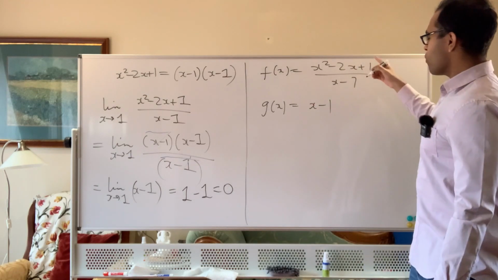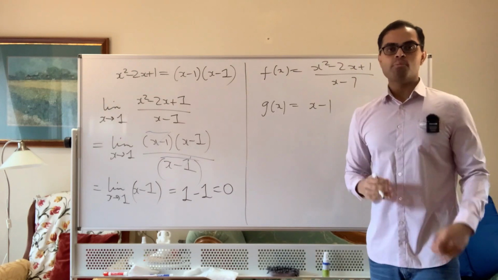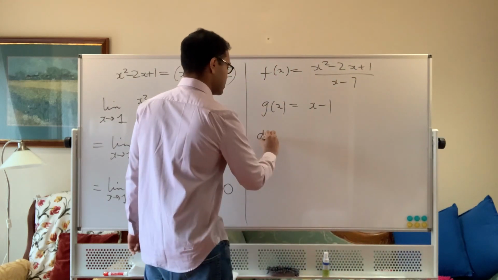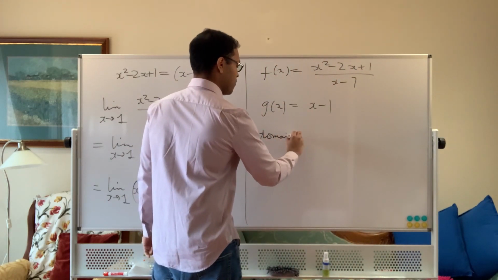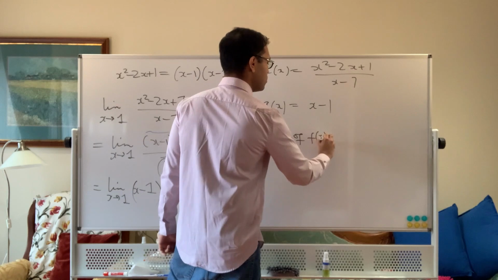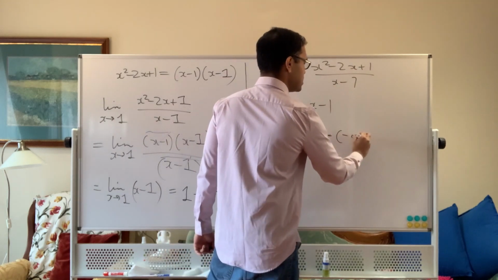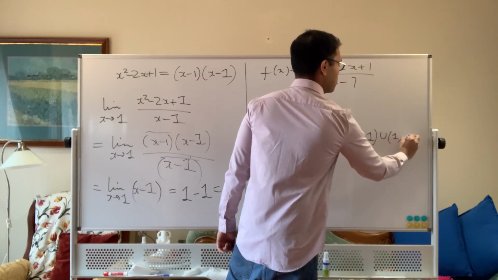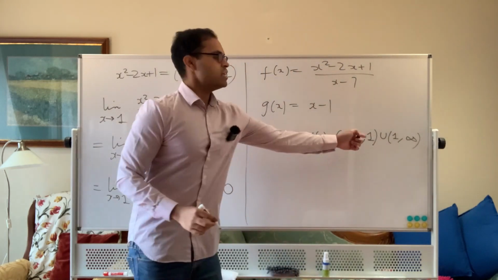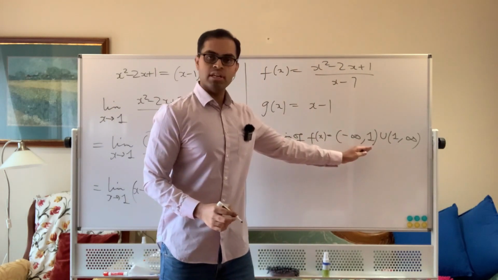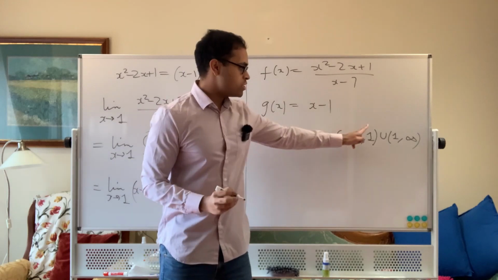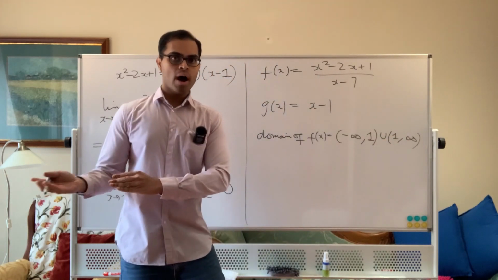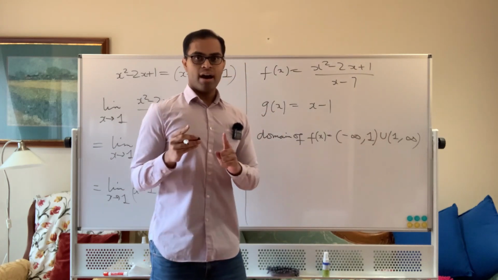But when x is 1, f of x is not defined, so 1 is not in the domain of f. So we would say here that the domain of f is, in interval notation, minus infinity to 1 union 1 to infinity. Basically, minus infinity to 1 is all numbers between negative infinity and 1, not including 1 because you have a parenthesis. And similarly, 1 to infinity is all numbers greater than 1, not including 1 because you have a parenthesis,